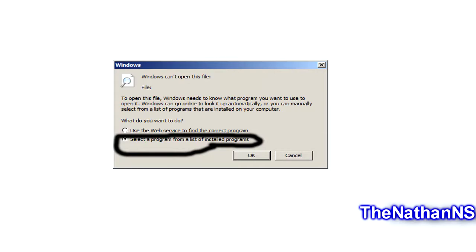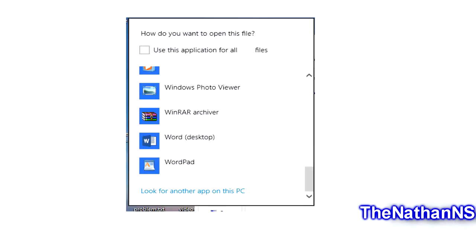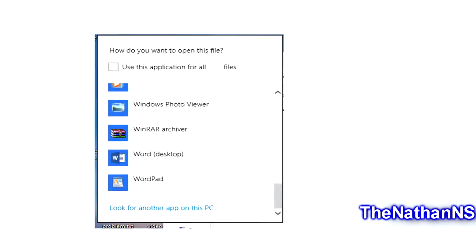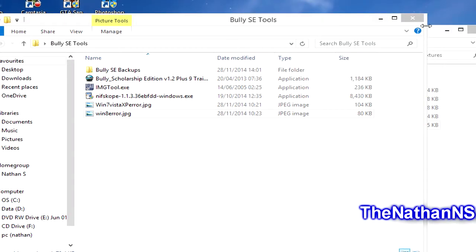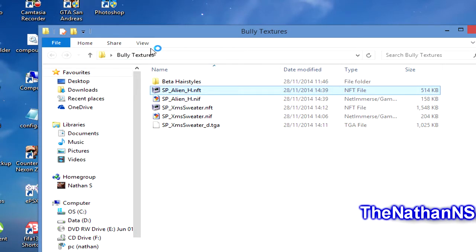If you're on Windows 8, you'll get the same error, but because Windows 8 is a lot different from most versions of Windows, you'll get a slightly different error window. You'll get this message pop up instead. How do you want to open this file? Scroll down till you see, look for another app on this PC, and do the same again. And once you've set NifSkope to open up all NFT files, double click the NFT